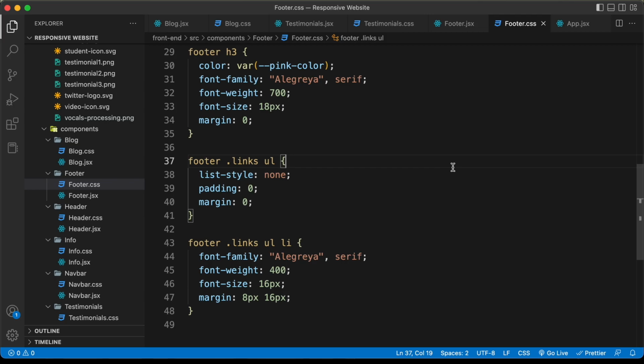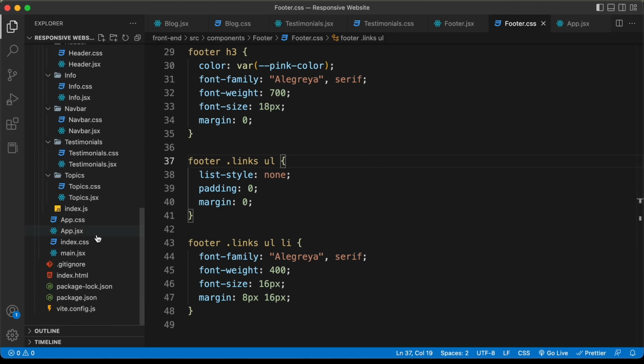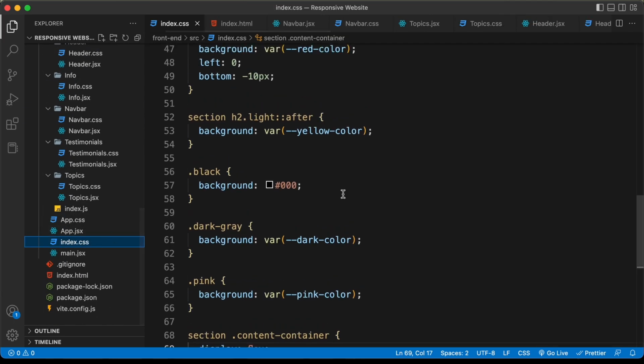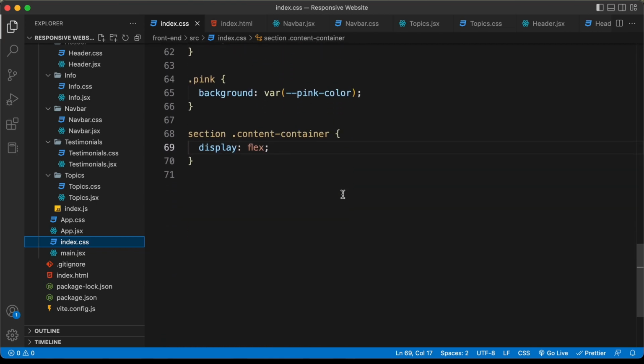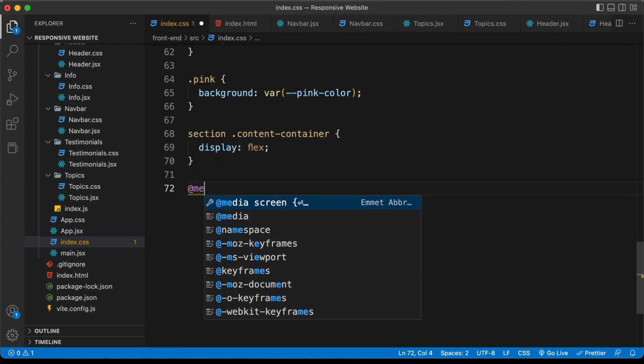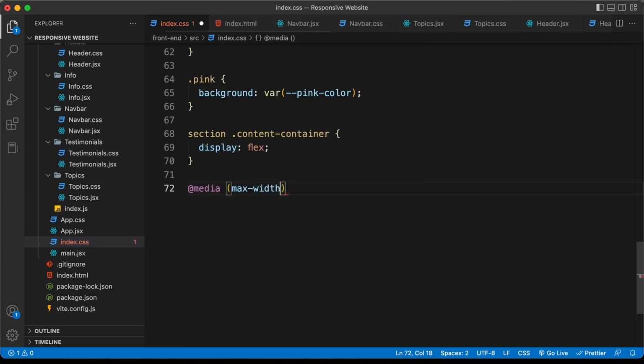Right here, I'm in my source code, and the first thing we will do is add some media queries to the index.css file. So let's open the index.css file, and here we have some basic styling that applies throughout the website. Let's add some media queries. First of all, I'll create a media query. Just type @media, and we'll set the max width to 1040 pixels. Whenever the screen width is less than 1040 pixels, all the CSS in this block will be added to